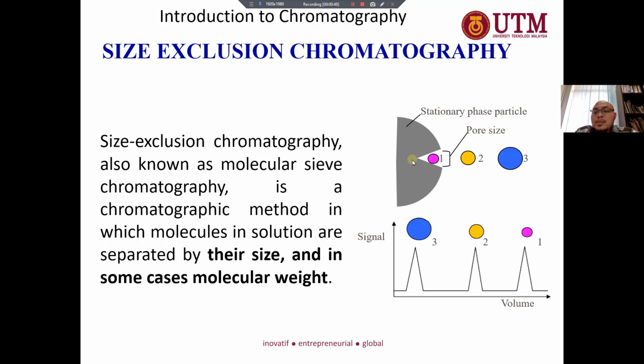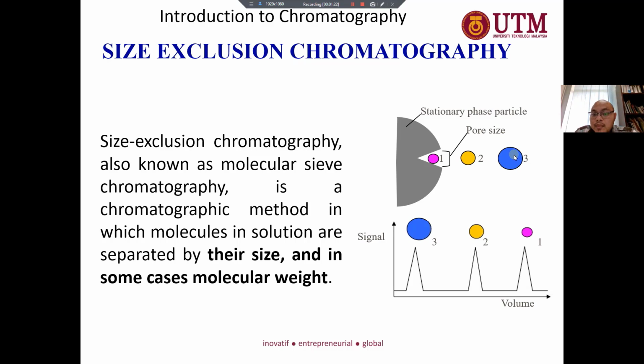Meanwhile, the analyte that is so big will not be attracted or enter the pore since it's too big. So the smaller the analyte, the deeper it will enter the pores. So they will interact with the stationary phase much longer compared to the analyte which is